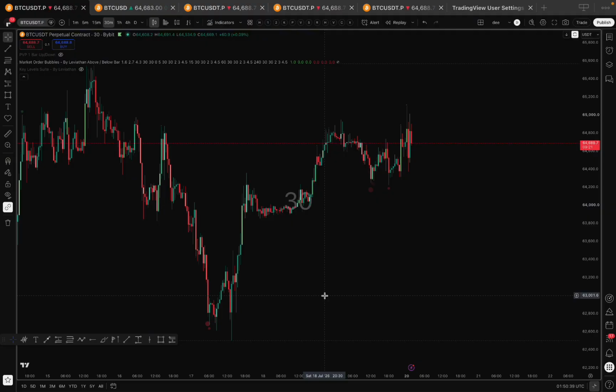Now, not all highs and lows are the same. This is a high, this is a high, this is a high. Now, not all of them are the same. This is a low, this is a low. They are different. Some might be key levels, some important levels. Some might be resistance and some might be support.